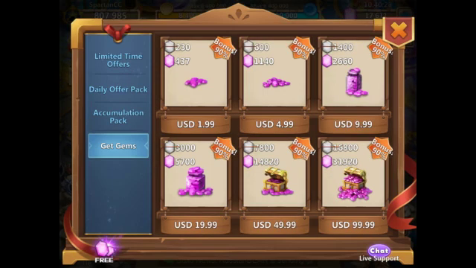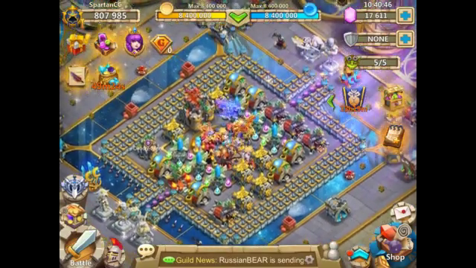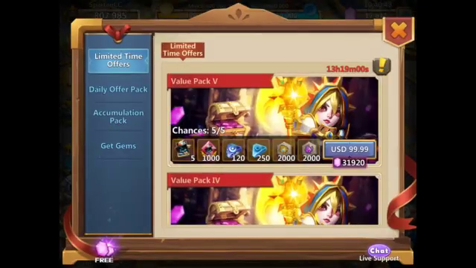I have a 90% bonus. I don't know if that's always the case or if it's just because I haven't bought them in a really long time. But what you really want to look for, and you definitely don't want to buy gems here. You don't want to buy gems in this generic thing, because all you're going to get is the gems, and it's not worth it. The best thing to do is go onto the little treasure chest down here,